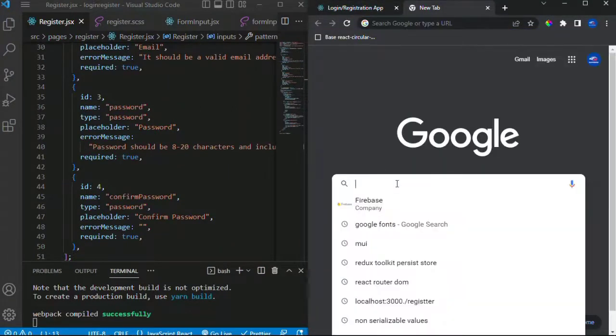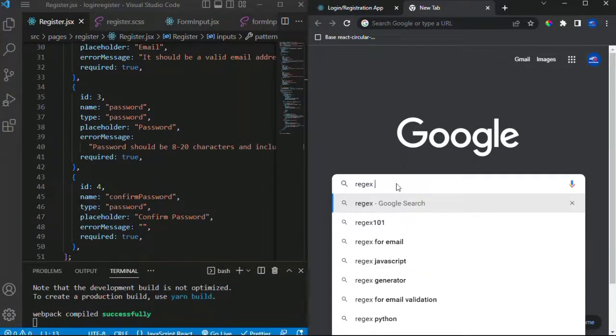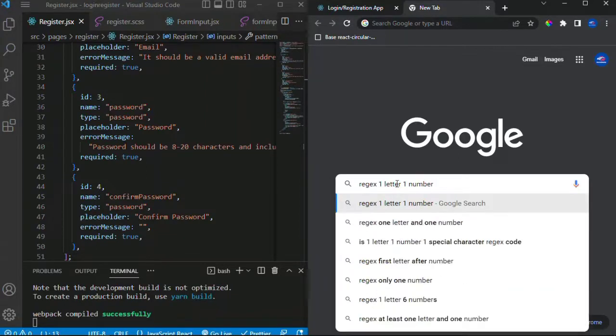We're actually using regex for it, so it's not something you need to cram, you need to put in your head. So I'm basically using